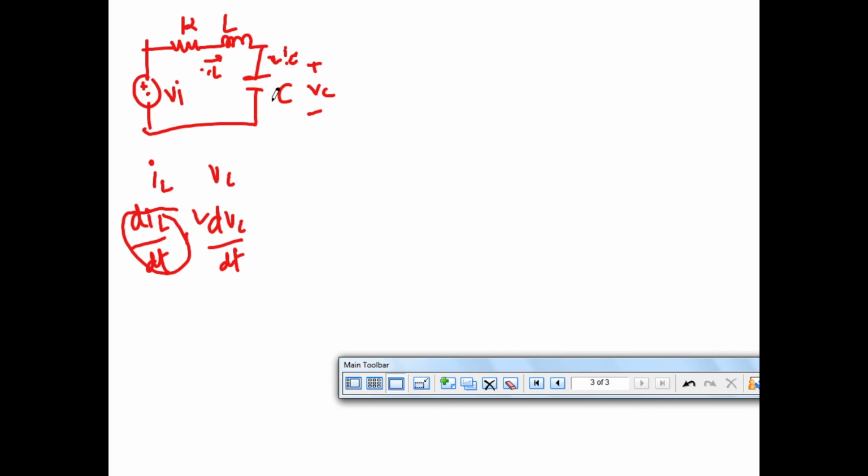So what I will do is write the KVL over here. I will apply the KVL, so this will be my equation: Vi is equal to R into IL plus L into dIL by dt plus the voltage across the capacitor, 1 upon C integration of I dt, which is nothing but the voltage. So the voltage applied is equal to Vi, the voltage drop across the resistance, the voltage drop across the inductor, and the Vc. Now as we already know, the voltage across the inductor is VL equal to L dI by dt.